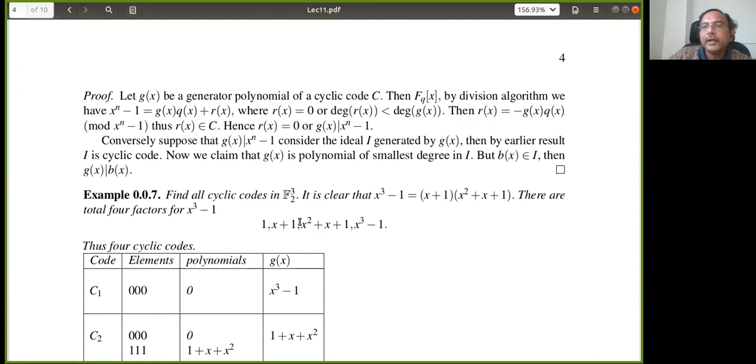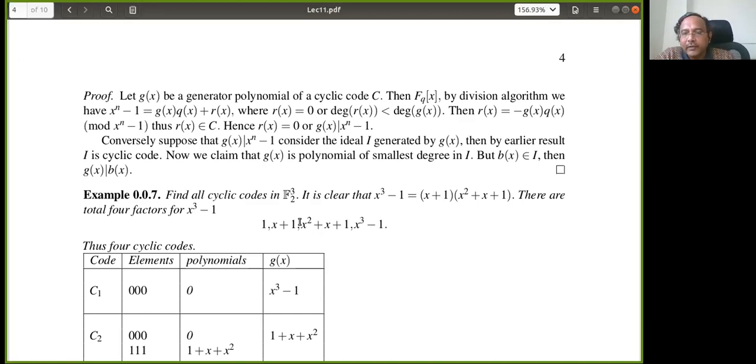Ask questions. Do not agree with anything. I'm asking questions so that you also do this when you are teaching in future. If you take a field F and F of x, a linear polynomial ax plus b, every linear polynomial has a root in the field. It is not true in Z[x]. In Z[x], if I take 2x plus 3, it does not have a root. Because it's a field, minus b by a is in the field. That's the reason. Every linear polynomial has a root, but from degree 2 onwards, it is not guaranteed.